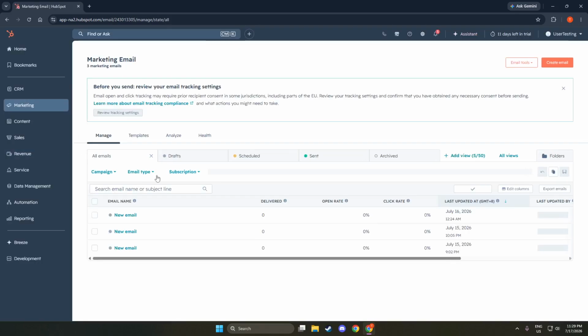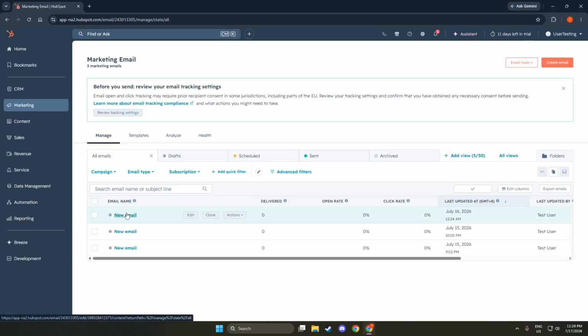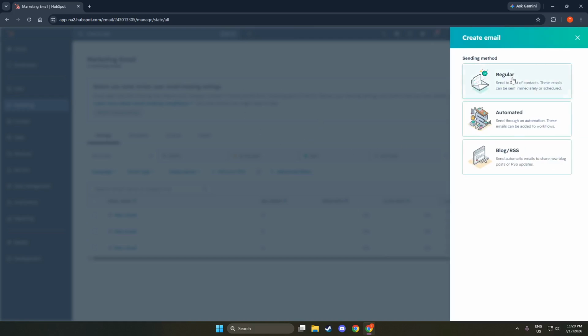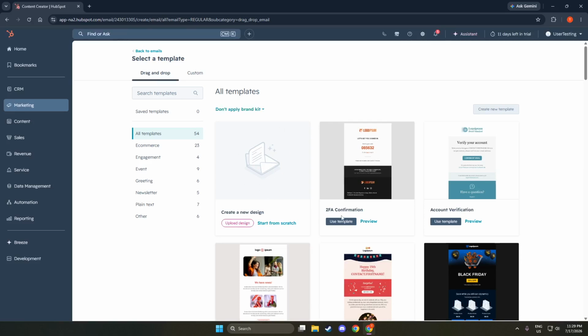From there, you can create a new marketing email or open an existing draft. If you choose to create a new email, you will be prompted to select a template. If you open an existing draft, take a moment to review it. This is your opportunity to refine your content before diving into the A/B test. It's important to know that starting with an engaging email will set the foundation for your test. A well-crafted email can lead to higher engagement rates.